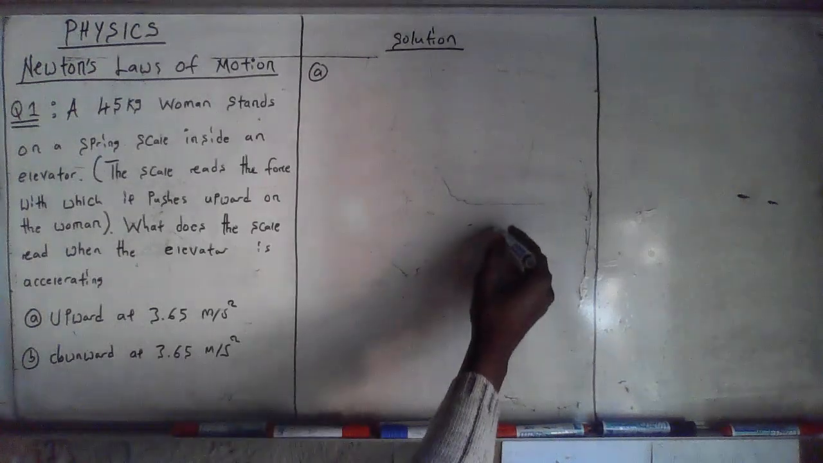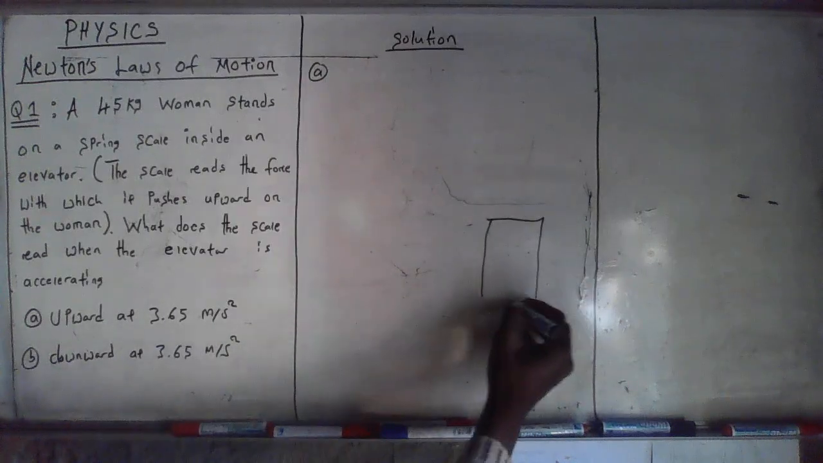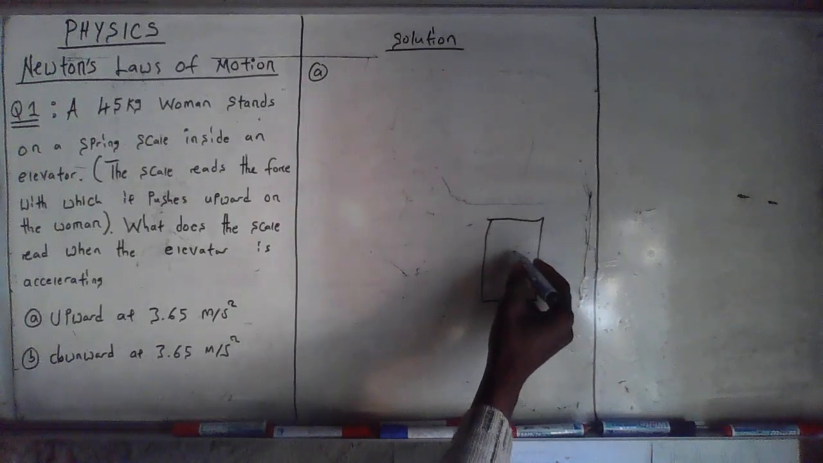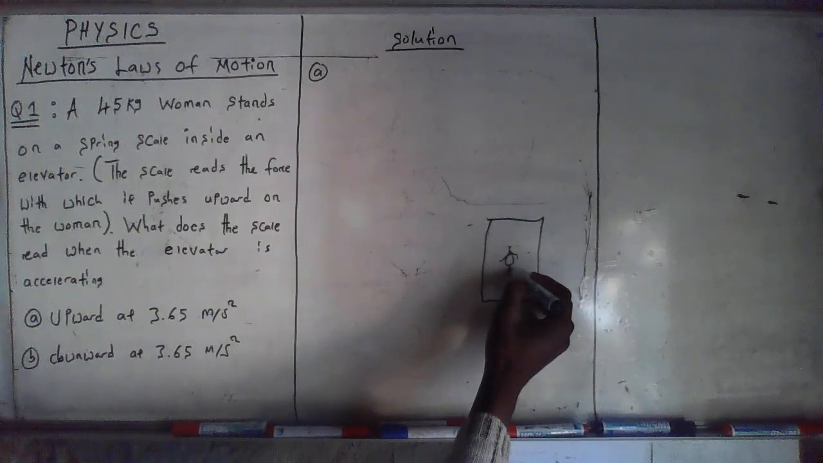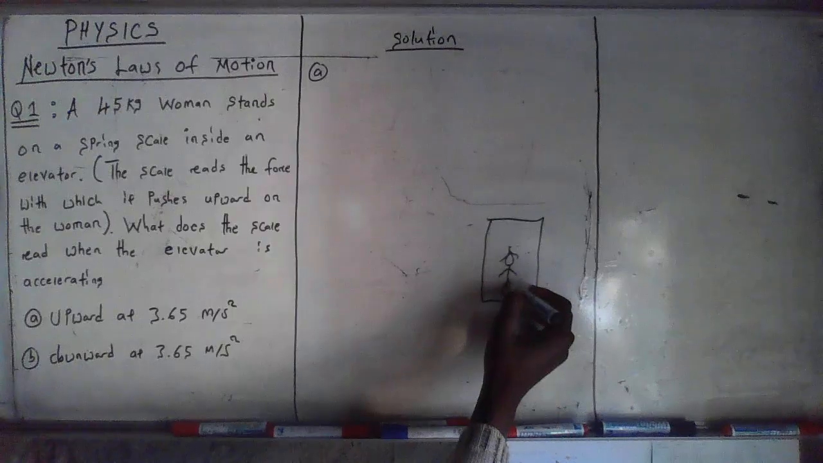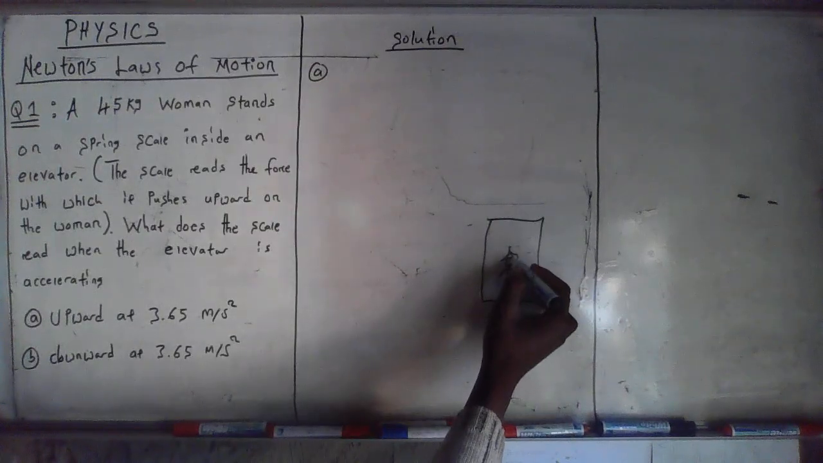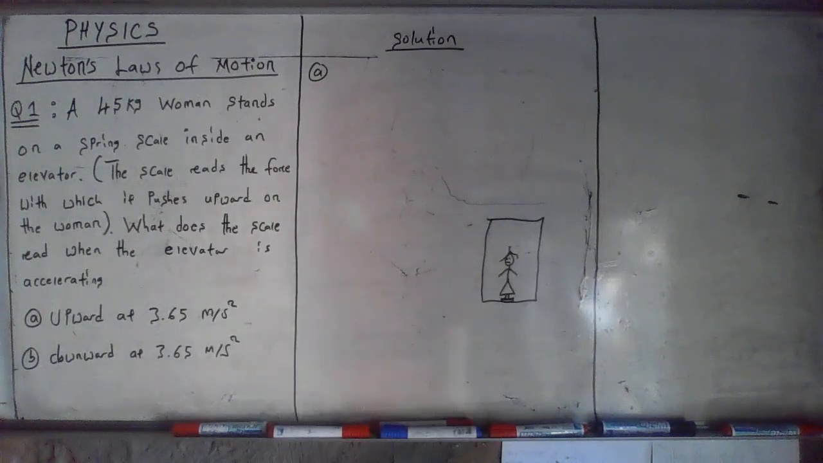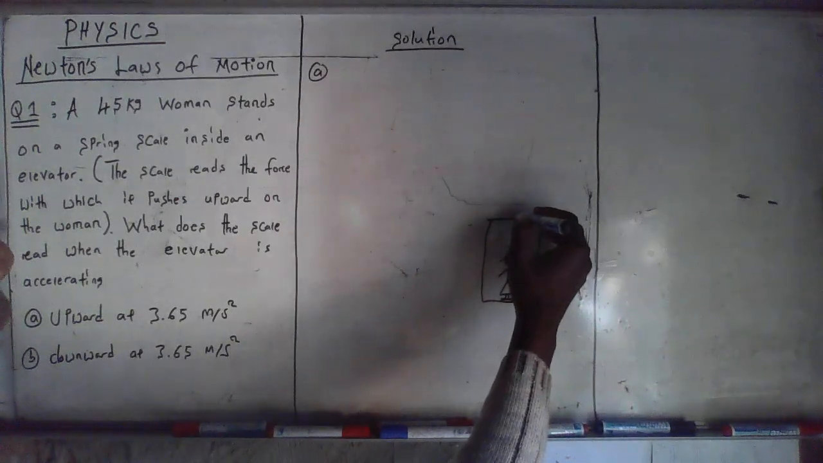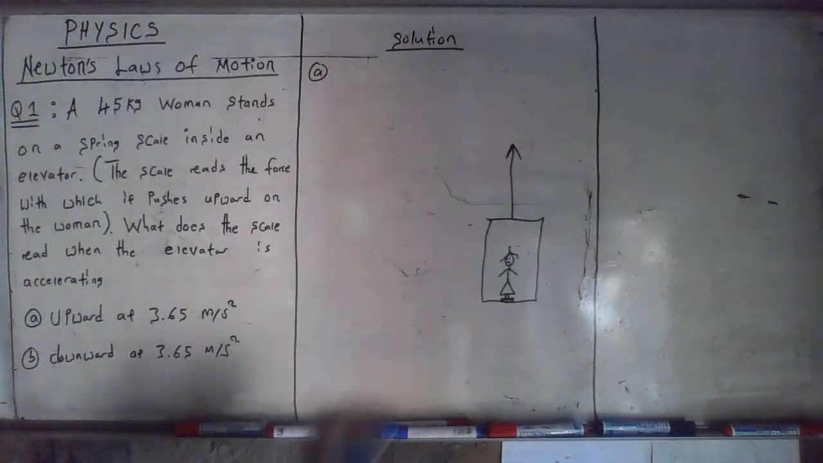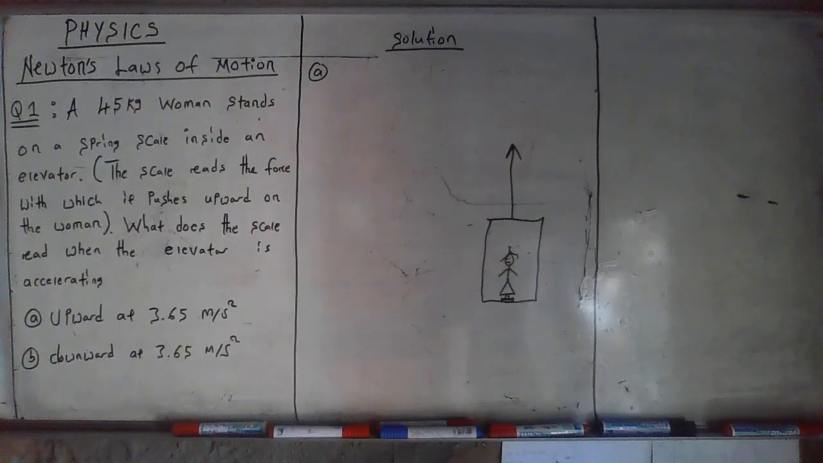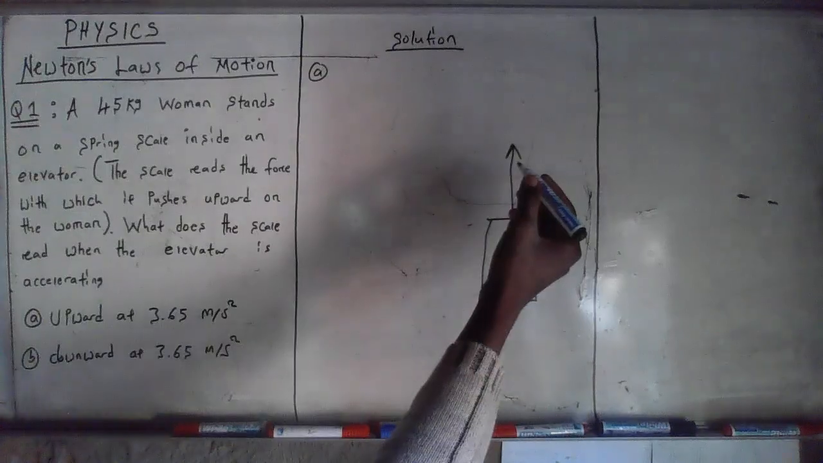Okay, so imagine this is an elevator, right? Then inside the elevator there is a woman who is standing on a spin scale. Amazing. So when this elevator is moving upward at a certain acceleration, okay, so when it's moving upward,